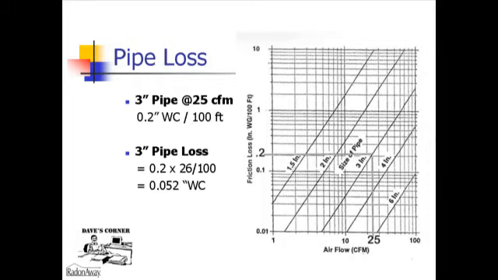And so multiplying that ratio of 26 divided by 100 times 0.2 inches of water column that we got from our chart shows us that at 25 cubic feet per minute, this system will have a pipe loss of 0.052